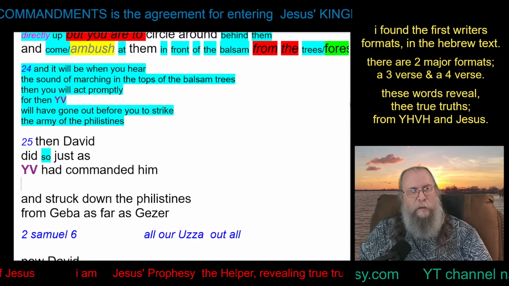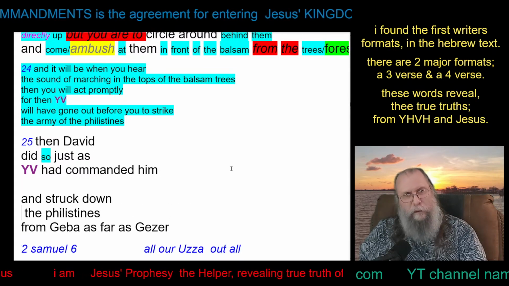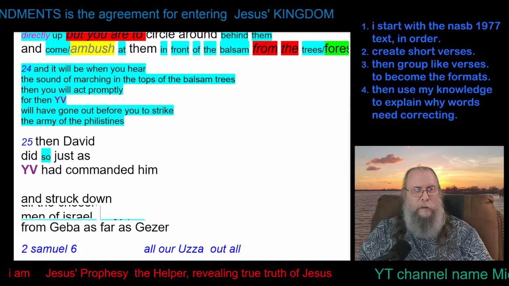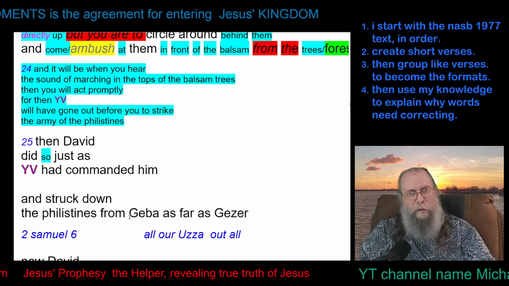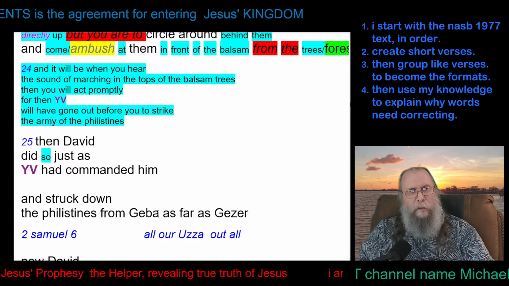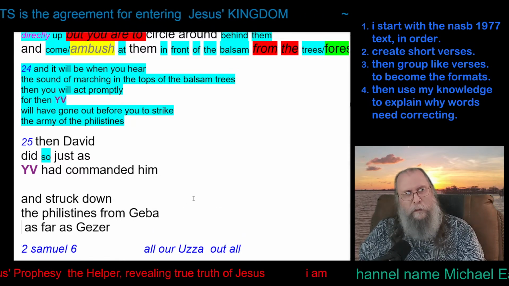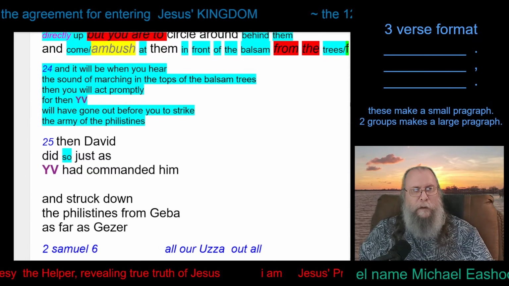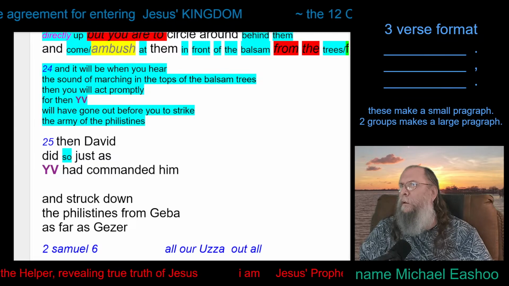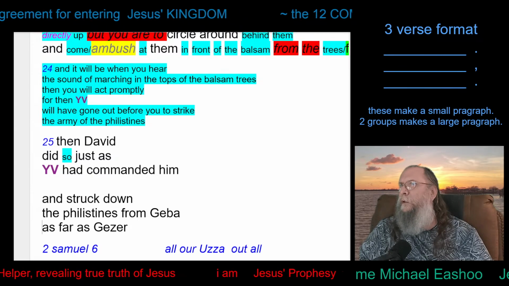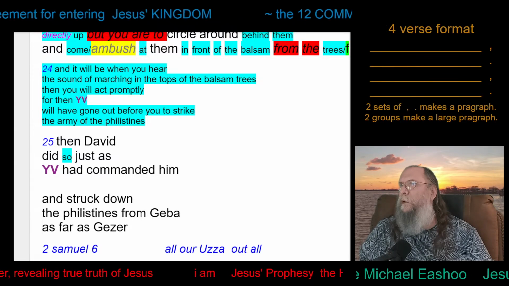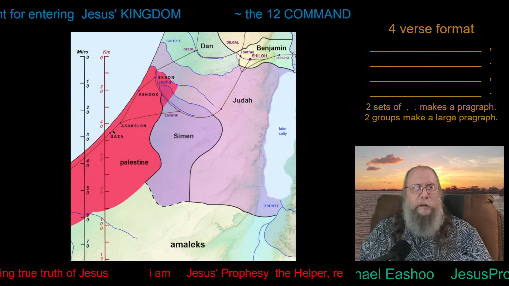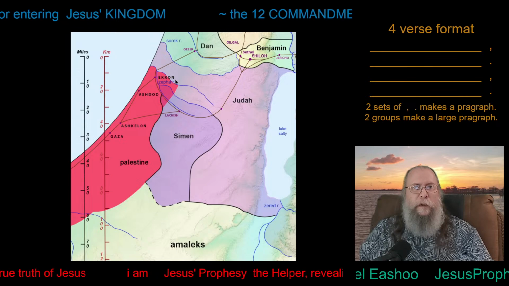Struck down the Philistines as far as. Okay, now let me see something here. I think, where is that first picture now? That was way up. Here it is. Gaza. So from here,